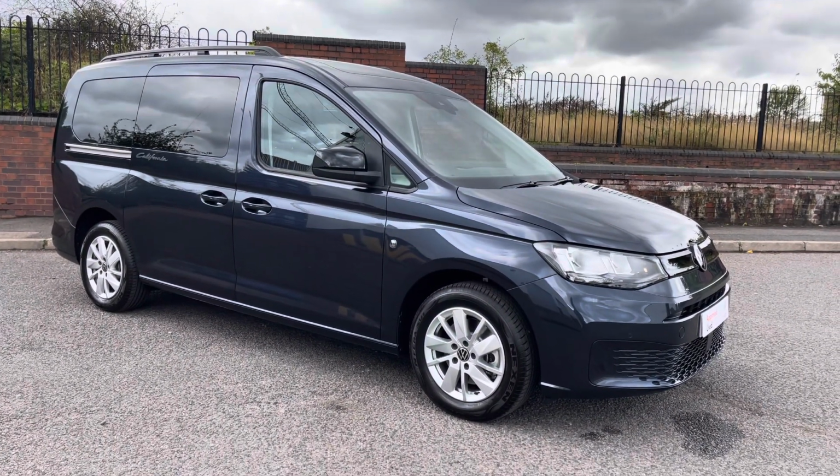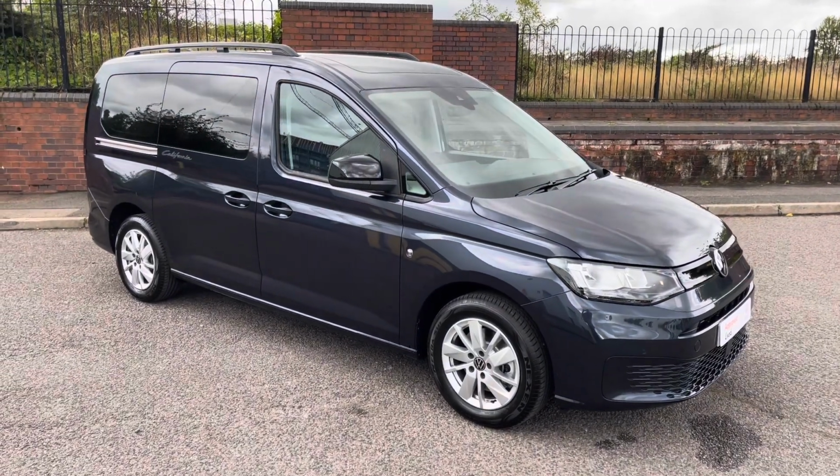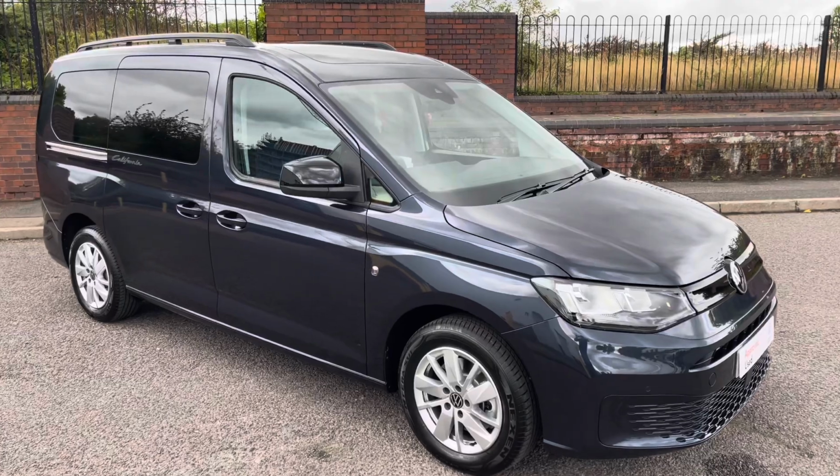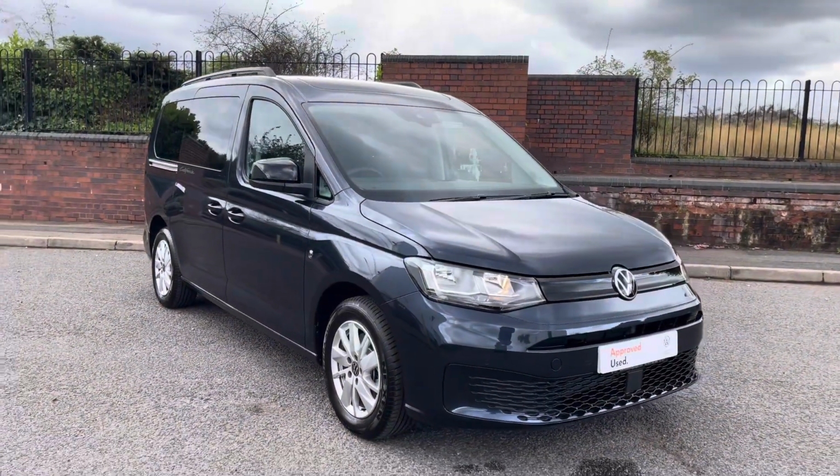So ladies and gentlemen, this is going to conclude the 360 walk around of this approved used Volkswagen Caddy California Maxi. If you have any further questions, then please direct them to a member of the friendly sales team on